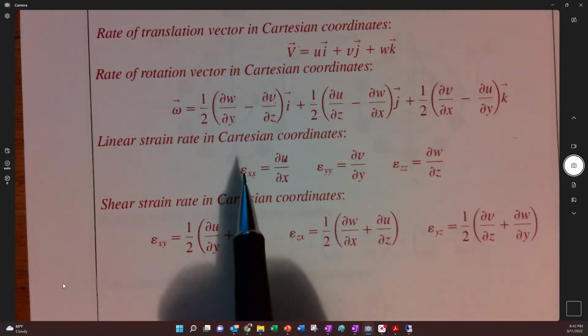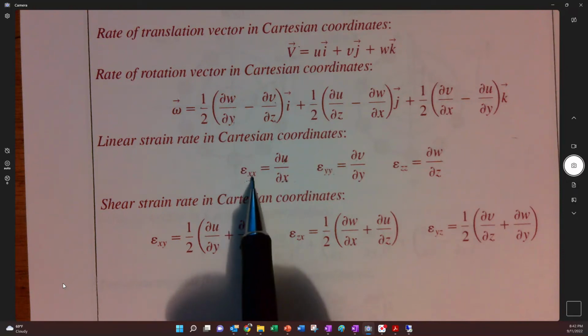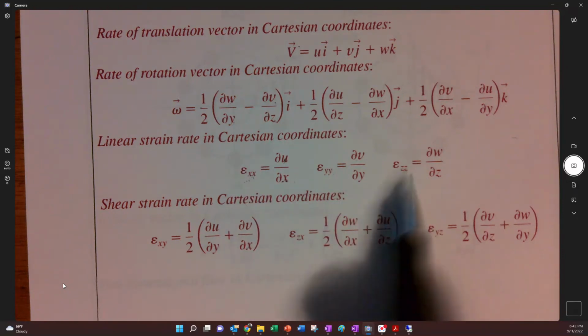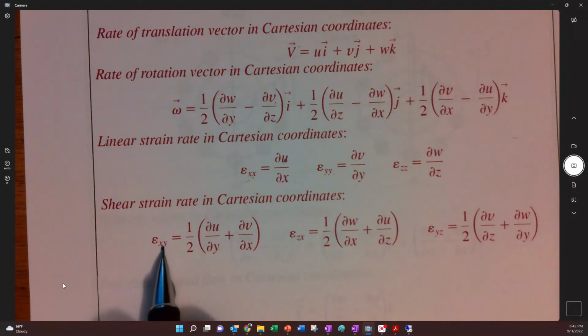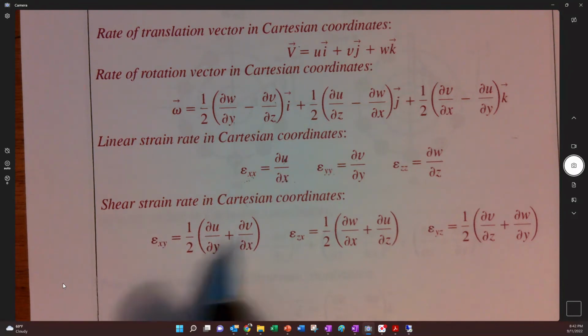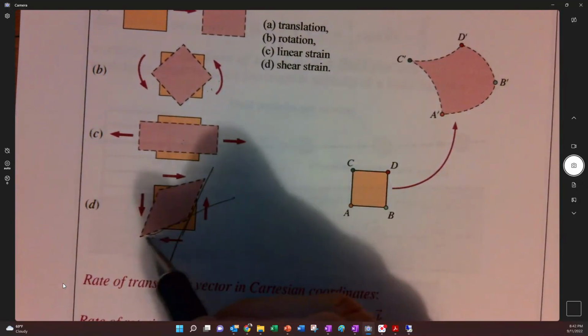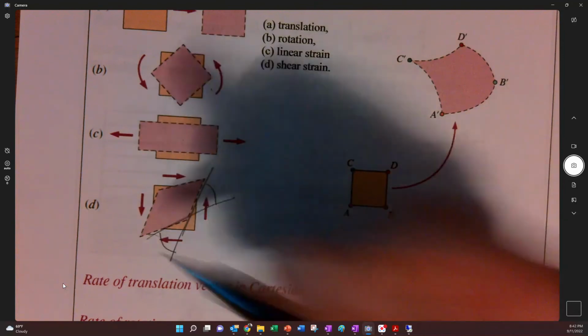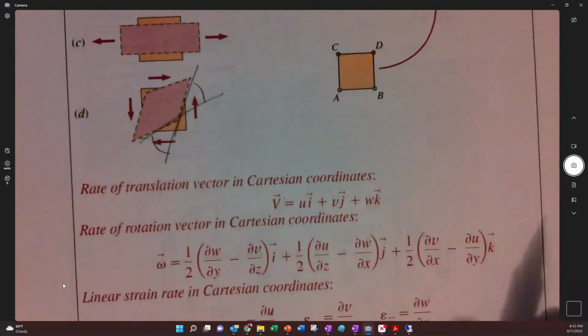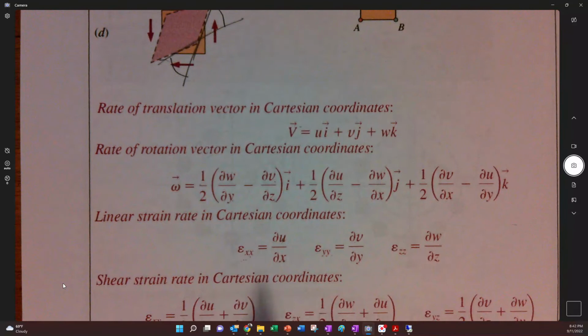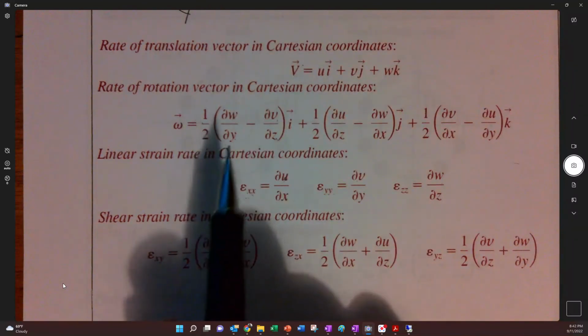Like you see, here's epsilon xx, epsilon yy, epsilon zz, and these are really sort of like the slopes that are taking place. So when we think about strain, when it comes to shear strain, it's really the angles about which this thing occurs, right? So it's really for an angular type of thing. And similar, as we noted up here,